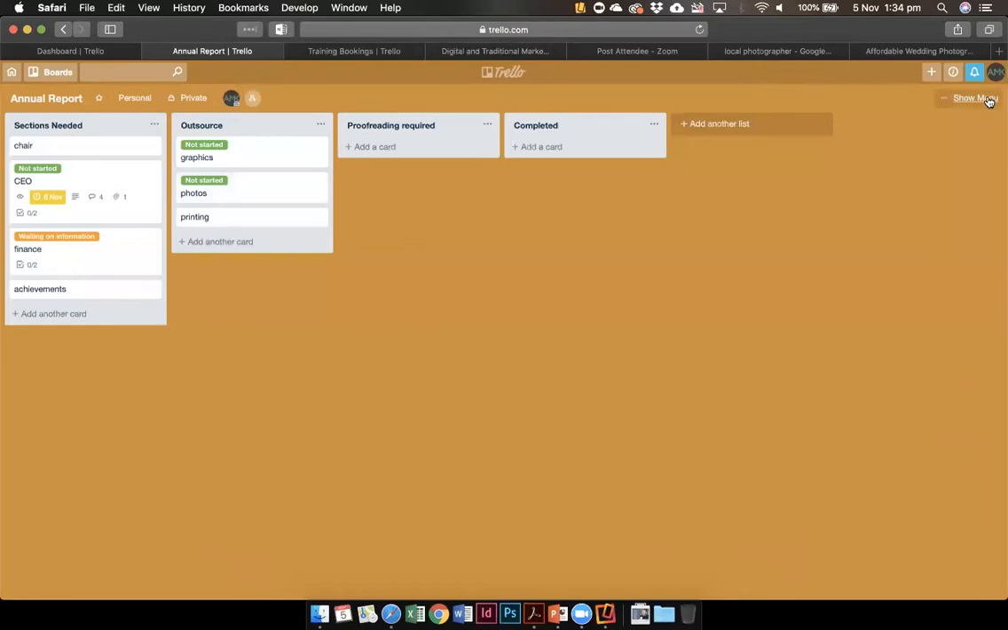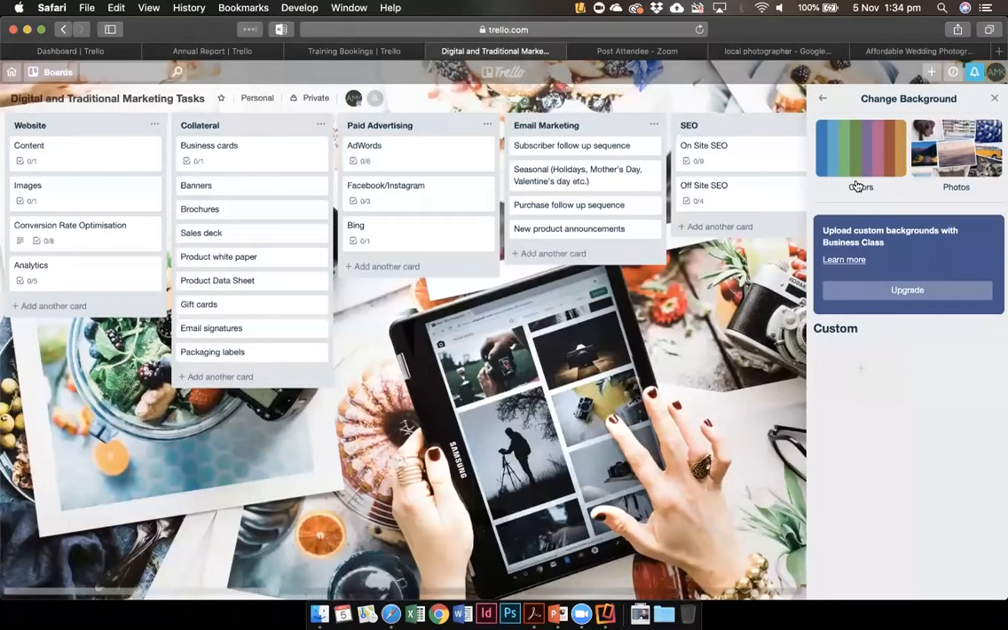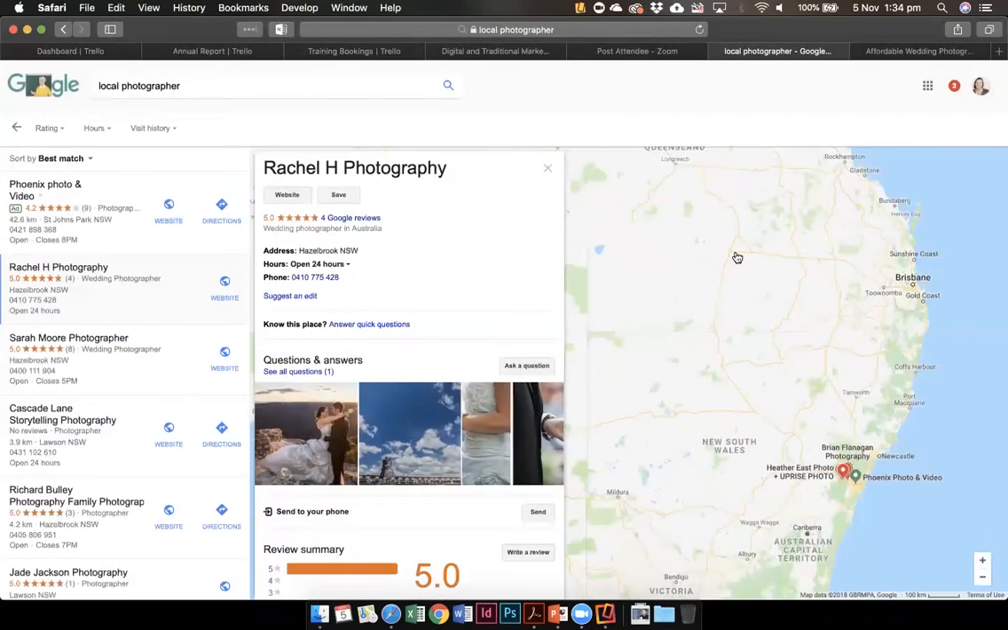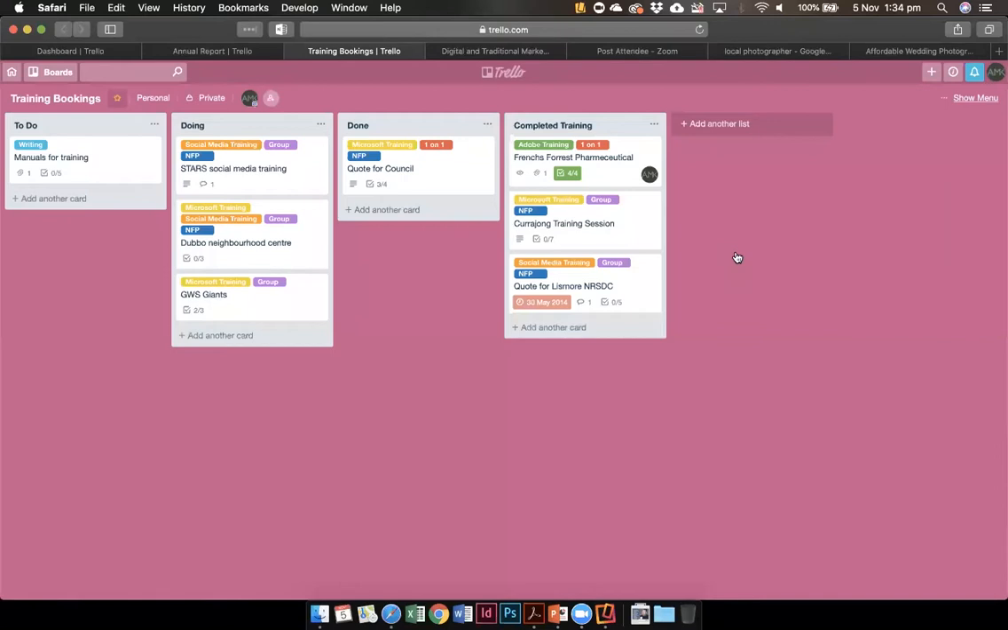But what's really great as well is that Trello cards can get incredibly detailed. I'm just going to show you one here that's an example. Okay, you can see here there's lots of stuff going on. Got another one here. Yep, there's another one there with lots of labels, lots of cards. This is actually my training bookings one, and you can see here I've got social media, it's a group training, it's a not-for-profit, or it's Microsoft, it's one-on-one. There's quite a lot of information that I've got here. Bringing up my menu,